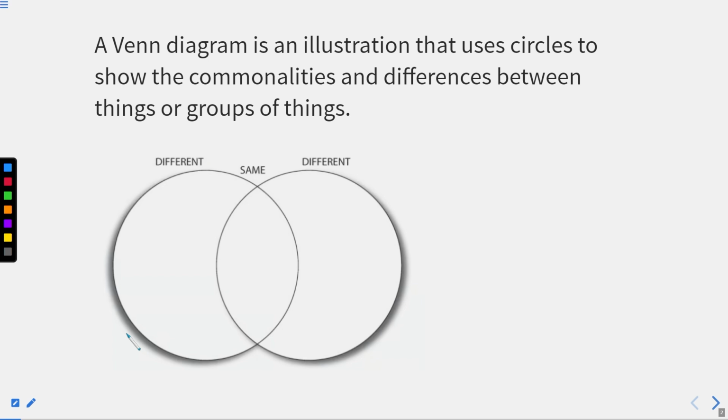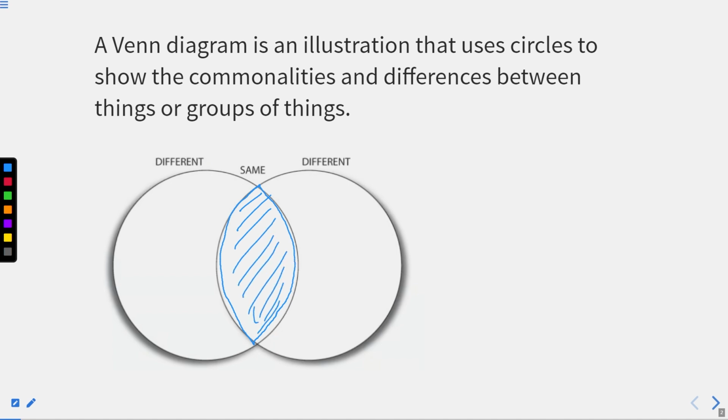So, a Venn diagram is an illustration that uses circles to show the commonalities and differences, or we can say the similarities and the differences, between things or groups of things, right? Here you can see a diagram where there is a common part in both the circles. I have marked this part as well. This is the common part. This shows that